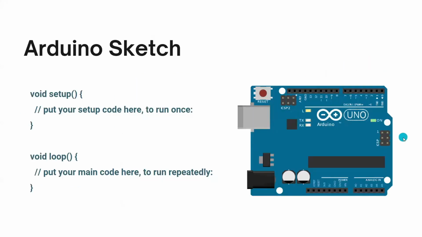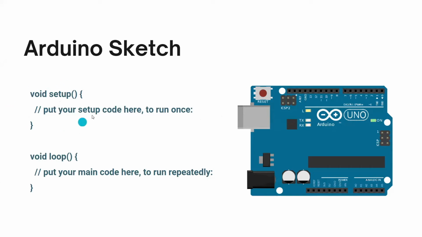For anything to work, we need to add some code to this board. In C programming, you say it is a C code. For Python, it is Python code. For Java, it is Java code. Similarly, in the case of Arduino, programs are known as Sketch. Whatever program is written is called a Sketch. There is a fixed architecture of a Sketch. It has two functions written by default. If you open the Arduino IDE itself, you will see these two functions. There is a significance to these two functions.